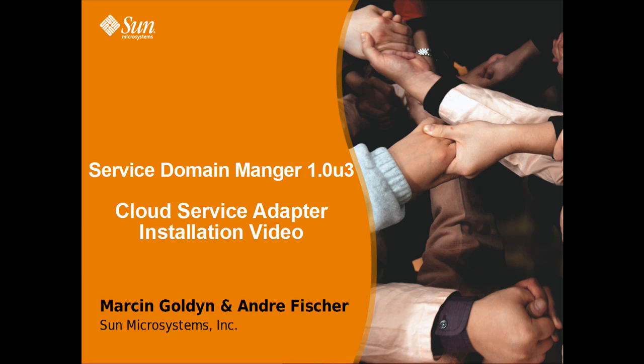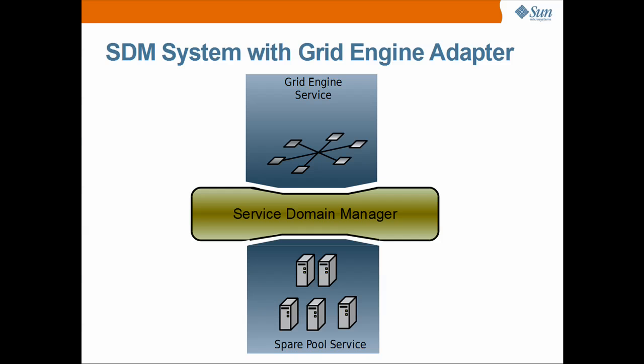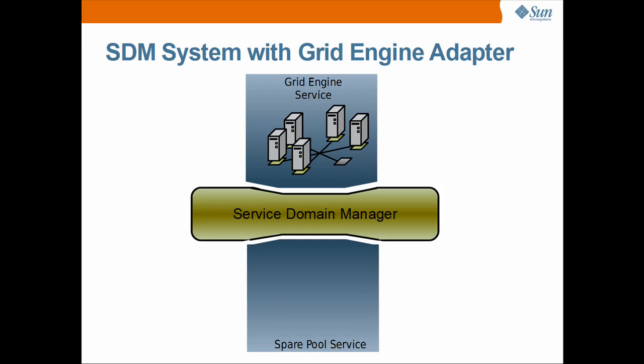In this video we will show you how to, with the help of Service Domain Manager 1.0 Update 3, add cloud elasticity to a grid engine service. We will continue to demonstrate the setup and installation with the system from our previous video, the Grid Engine Adapter Installation video. As we can see here, our grid engine cluster used all of our local resources,